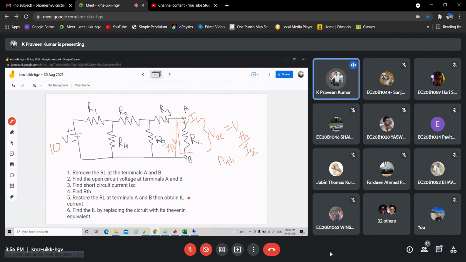So the final thing is the load current should be the same in both cases. That we need to show in the verification. Similarly, in the tool also, go through the same thing. First build the circuit, then show the open circuit voltage, show the short circuit current, then the response in RL for the main circuit, then the response in RL for the Thevenin equivalent circuit. While preparing documentation for the tool, follow the same procedure.